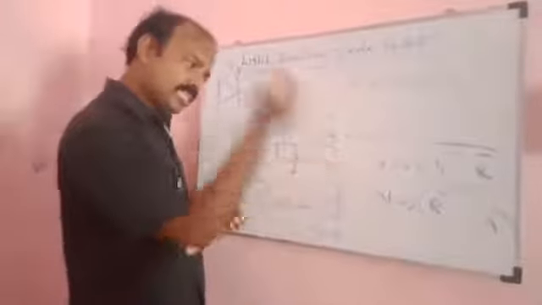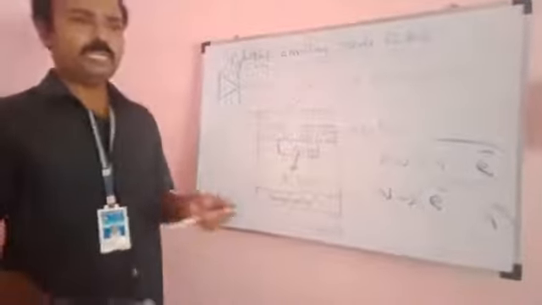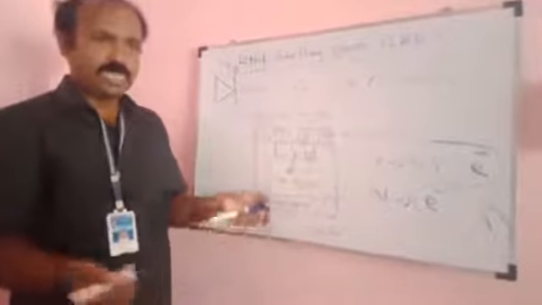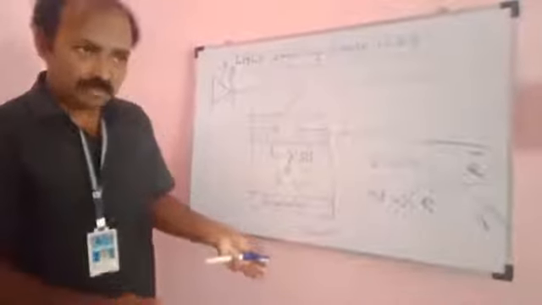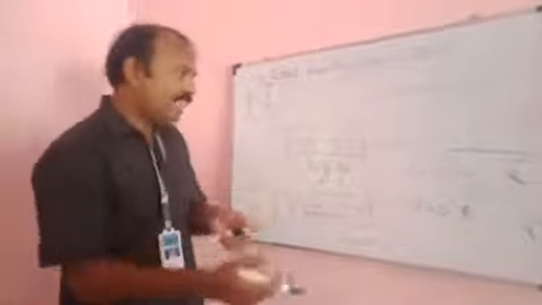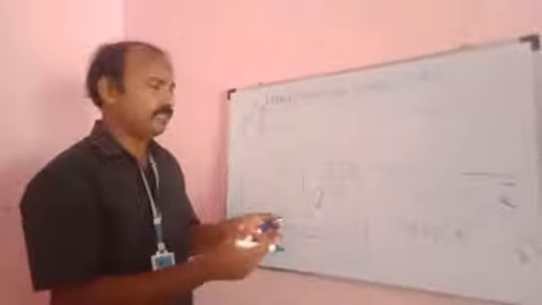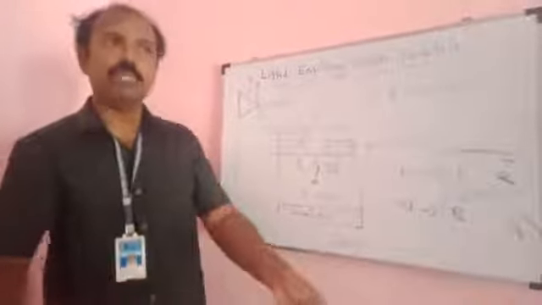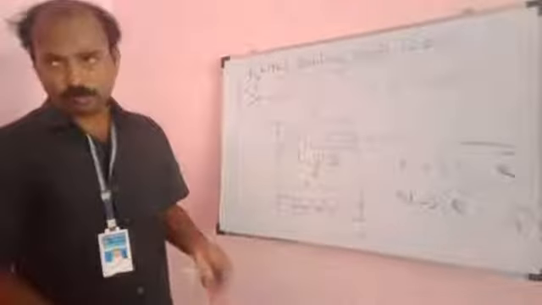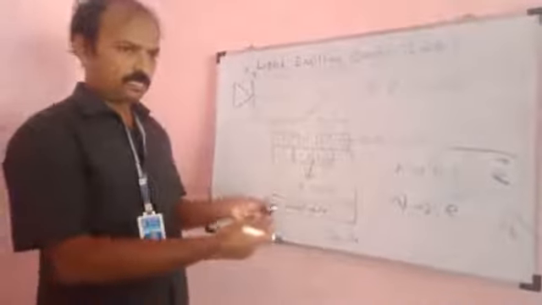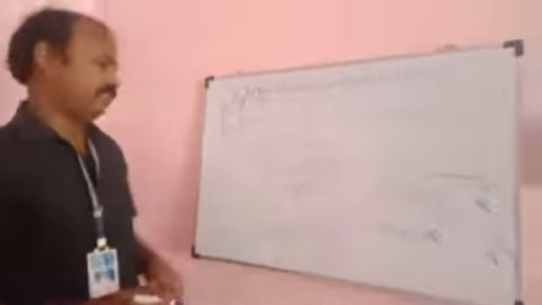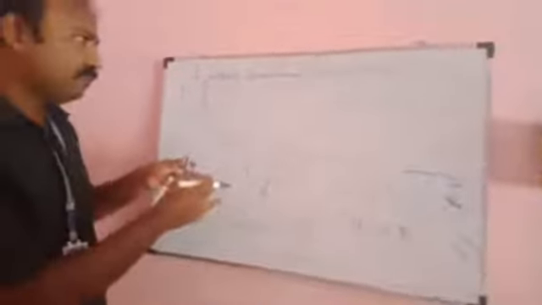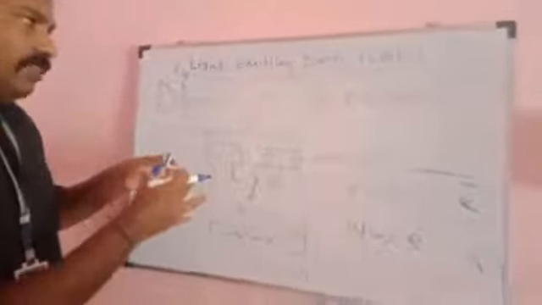Now we move to the disadvantages. The disadvantage is the intensity of light emitted. The intensity of light emitted from this diode is very low. Intensity is less than that of the laser, so power output is also low. Then the output is incoherent. The light comes out from the LED.